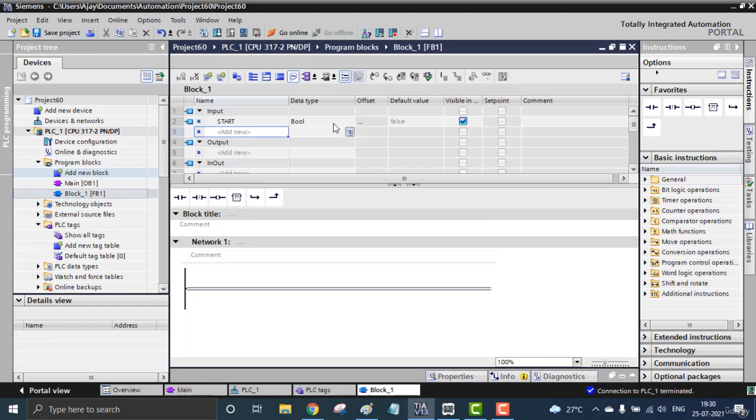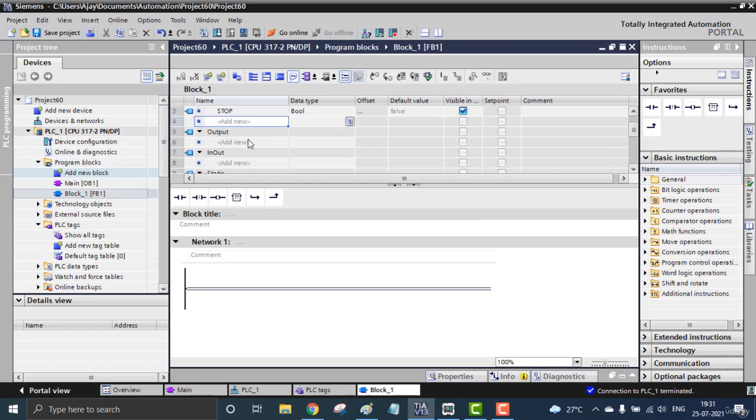The data type is boolean, and I am not putting any default value, so it is false by default. And another, the stop button, S-T-O-P, also boolean. That means we have two digital, or boolean, inputs in our question, and I am going to add one output right here, also boolean. I call it motor.